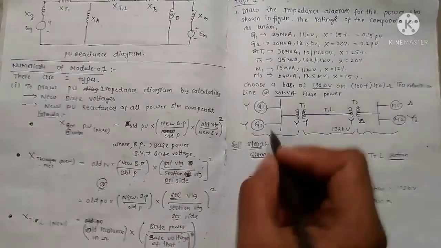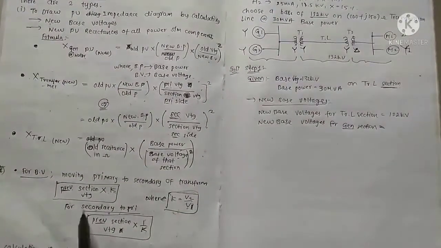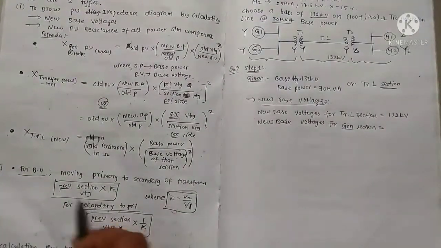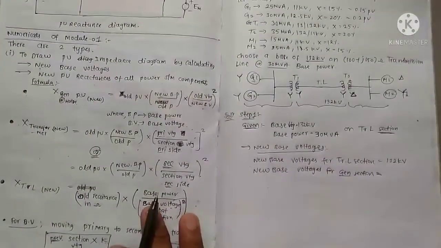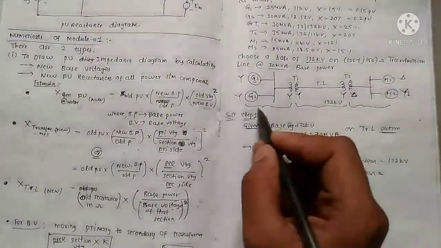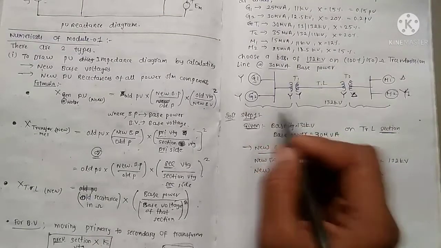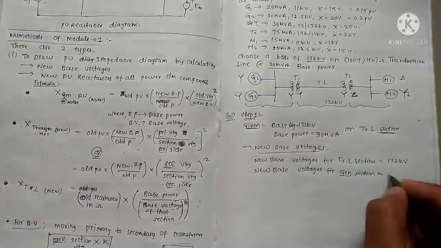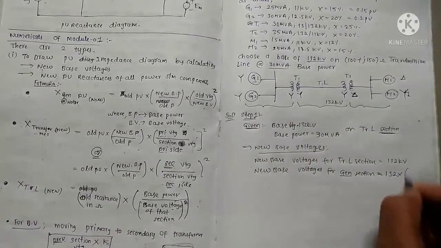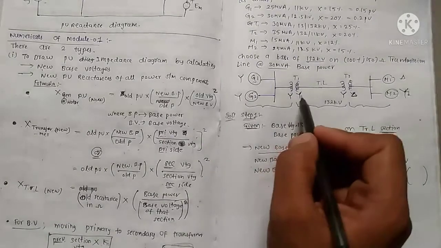Okay, we have to see this formula: section voltage equals previous section voltage. Here we are calculating this section voltage. The previous section voltage is 132 multiplied by,